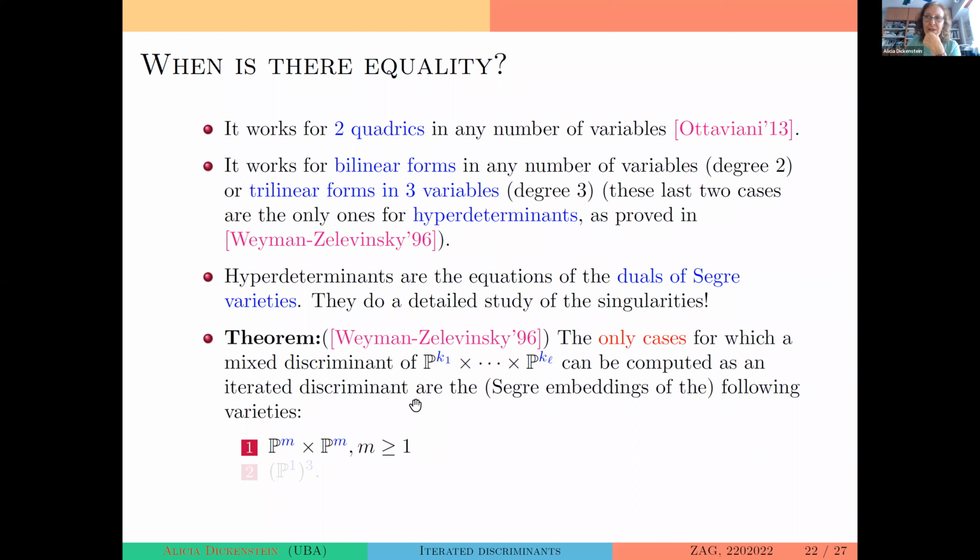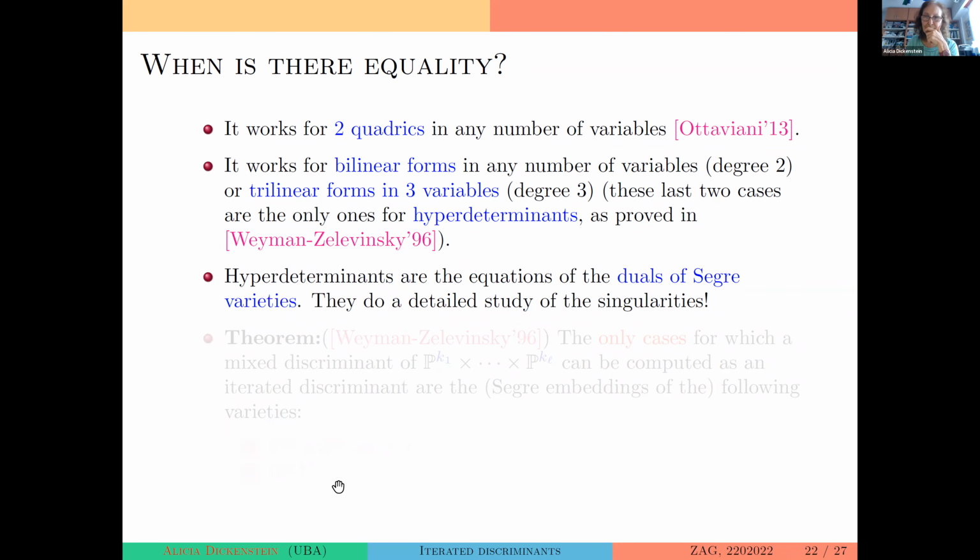So what they prove is the only cases for which a mixed discriminant of the Segre embedding of a product of projective spaces, each one embedded with O(1), can be computed as an iterated discriminant are the Segre embeddings of the following varieties, either